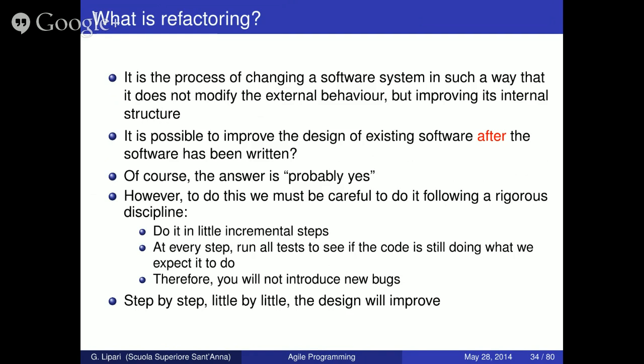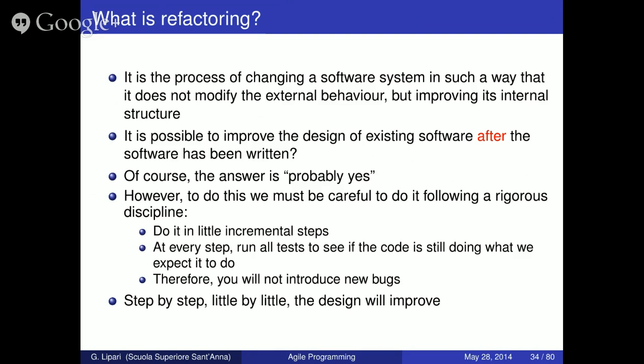Of course, it's not null, because the test coverage is not 100%. So it all depends on how good these tests are. If the tests are very good, they have a good coverage, and so the probability of introducing new bugs by changing the internal structure is very, very low. But anyway, the idea is to do it step by step, little by little, and improving the design every time